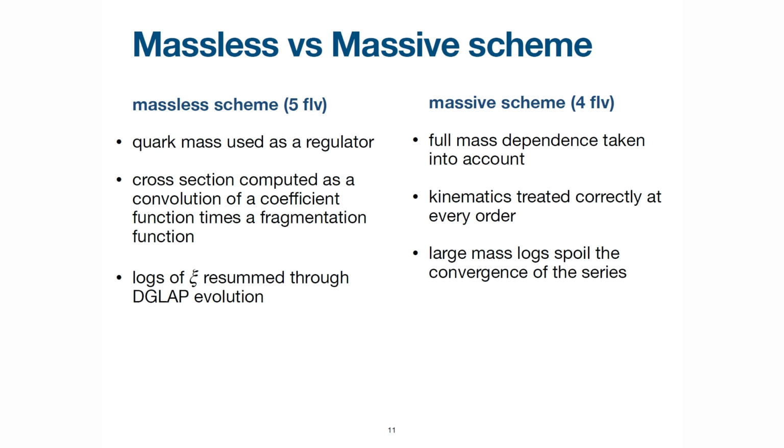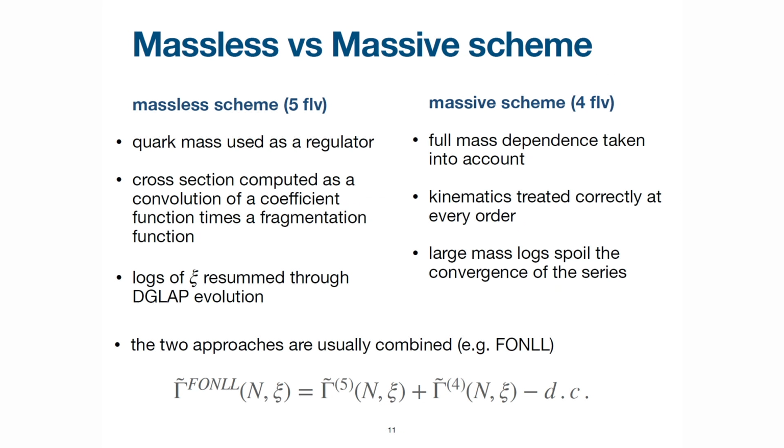And so ideally what you would like to do is to combine these two calculations. There are a number of ways in which you can do it. You can do this matching. For instance, you can do what is known as FONLL, fixed order next-to-leading log, where fixed order refers to the massive calculation, and next-to-leading log because you resum logs of m over pT, m over Q, to next-to-leading log. You can do better. How does this work? Well, in the simplest possible way, you sum the two calculations, and you remove the double counting. What is double counting? It's the expansion of, say, the 5-flavor scheme to some more. If you have PDFs, you have also to match the PDFs, but let's be a bit brief.